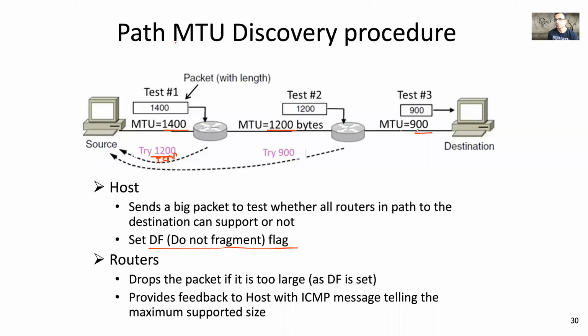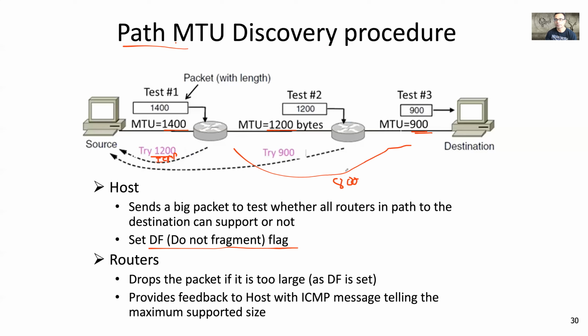Now, of course, there's no guarantee that this path will always be maintained, right? Because again, remember, the internet doesn't give us guarantees on the path. So as one of you pointed out, sure, there is no guarantee that all packets will necessarily take those paths. So what could be done then is, let's say initially we agreed on 900. It keeps sending packets of 900. Now, if somewhere along the way the path changes to another path this way and the MTU there is 800, again hypothetically, then suddenly it will start